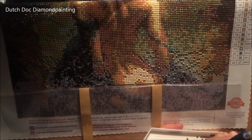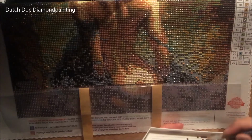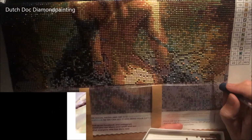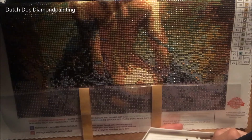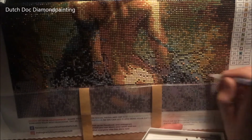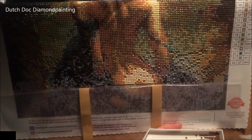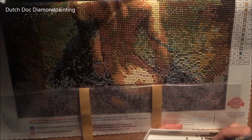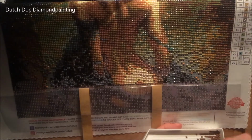So one is going to be the black and white ballerina. Two is going to be the oil painting ballerina. And 3 is going to be the watercolor ballerina I just unboxed recently. So vote down below which one I should work on next. Most votes count,